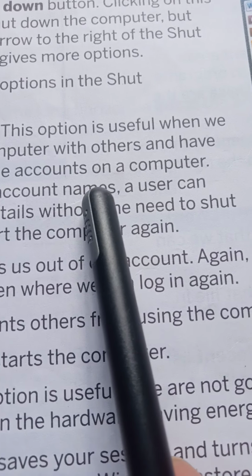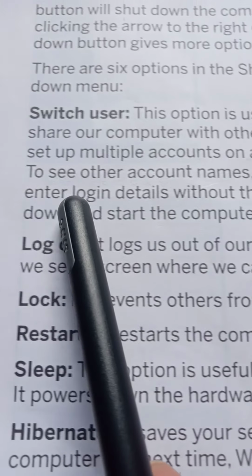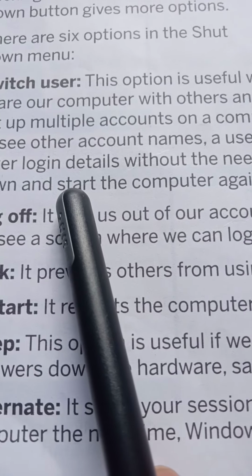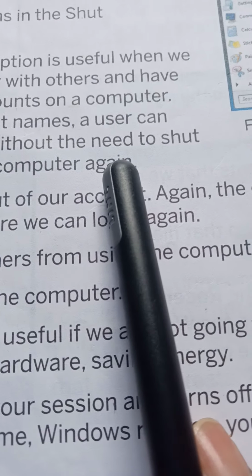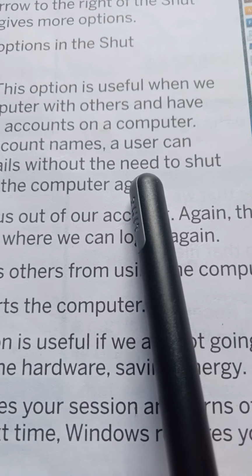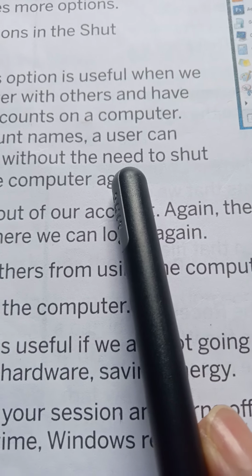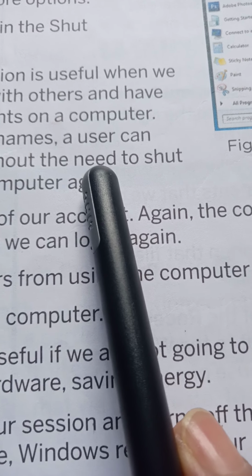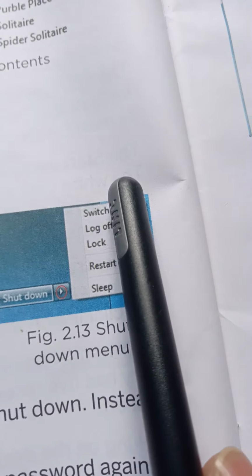To see other account names, a user can enter login details without the need to shut down and start the computer again. If in a computer there are 2 or 3 accounts, then anyone can use his account through this Switch user.